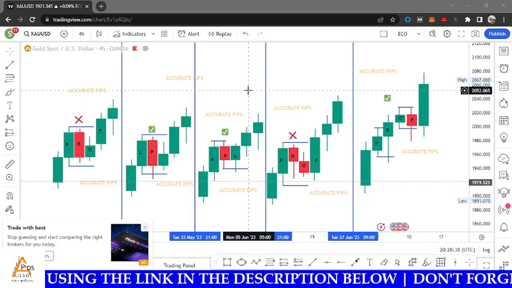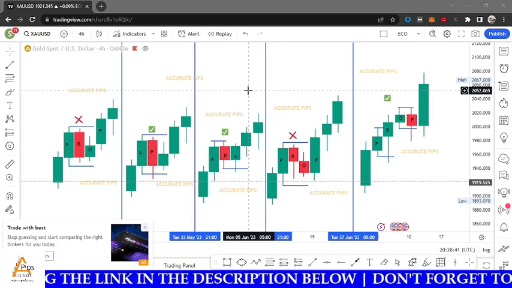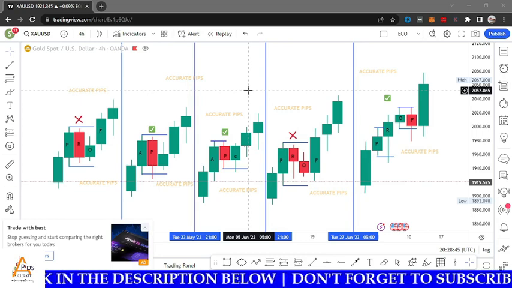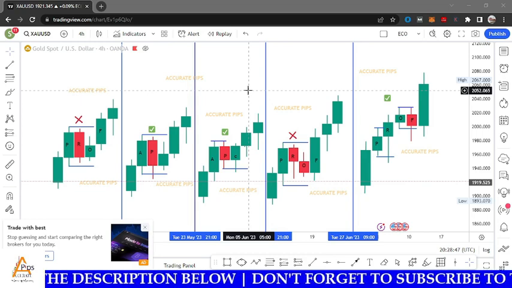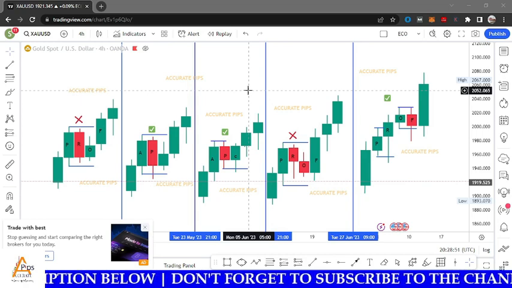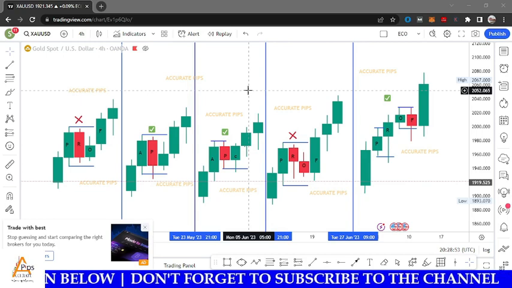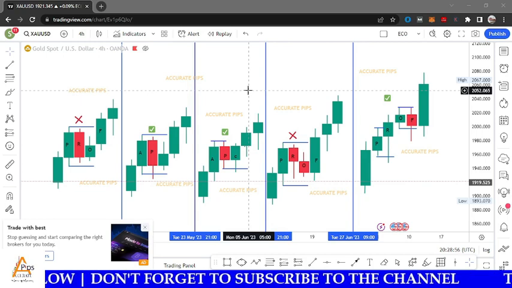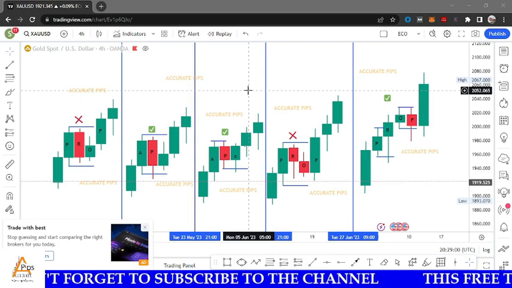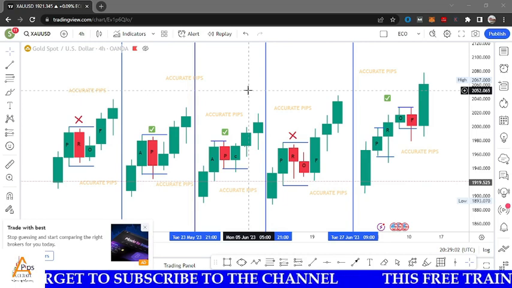All right, so we've done market structure, that is basic market structure, but today we are going to look at the advanced market structure. Okay, so we are going to start with advanced market structure. It's going to be in twofold. So first of all, we will look at the market structure in terms of